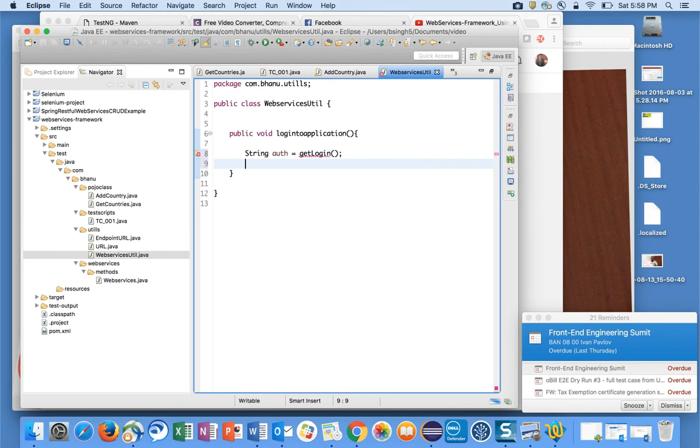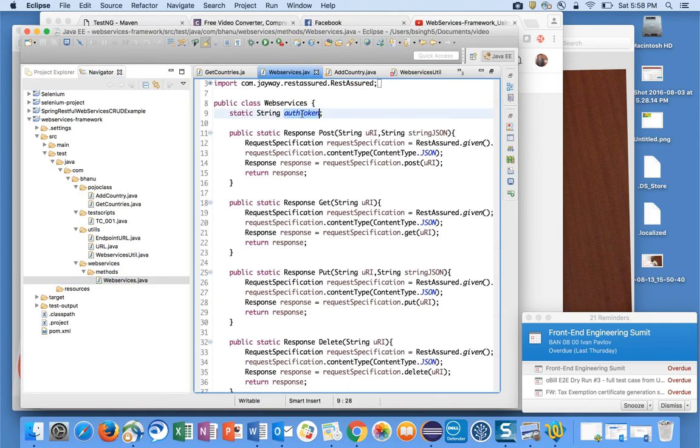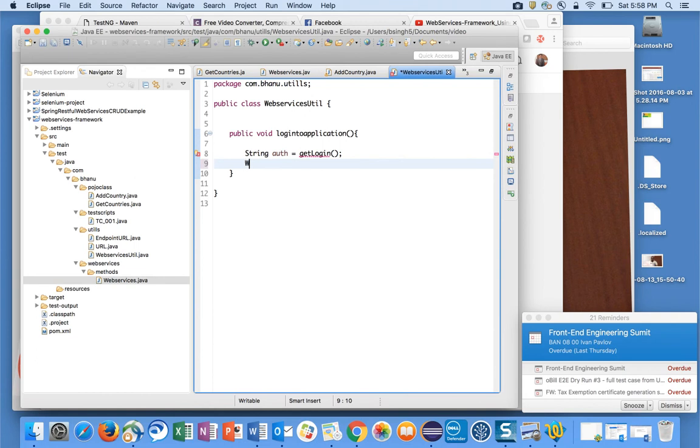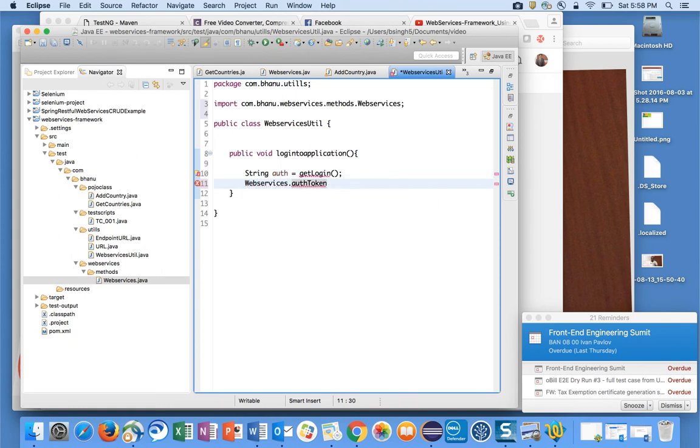Now what you can always do is you can map this. If you look at this web services, what you have is auth token, right? So you can use web services dot auth token. So you can write like this, web services dot auth token is equal to, you can map this auth.